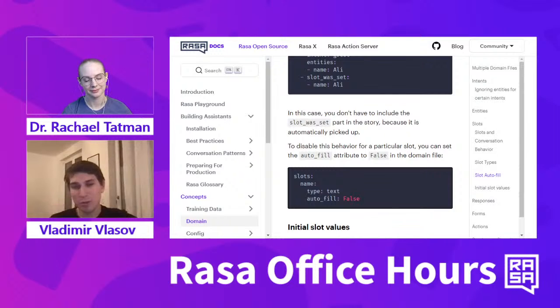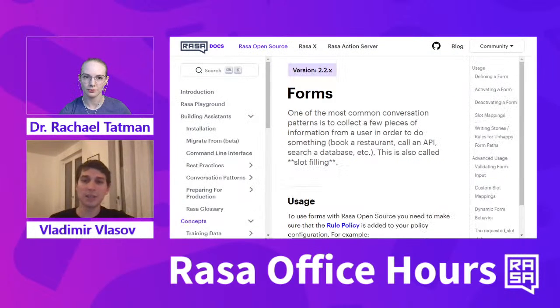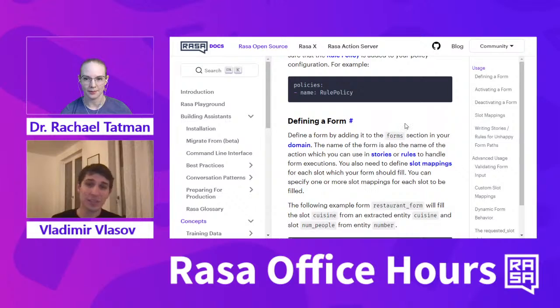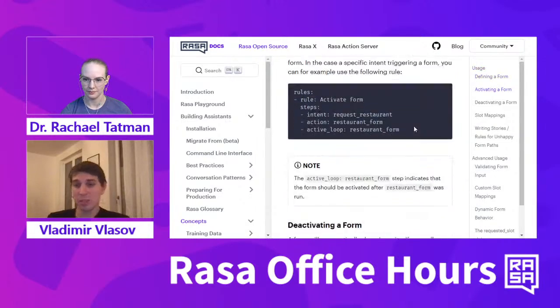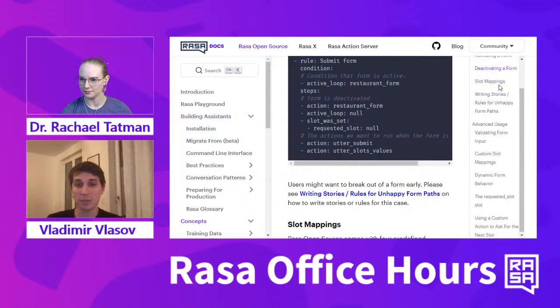I mean, there is documentation in the forums. Please take a look in there because there are different slot metrics you can set up and so on. But in this particular case, I would just not use entities at all, right? Because yes and no is rather an intent than an entity. Yeah. And just use the intent to fill it either in your custom slot or in your form with automatic slot